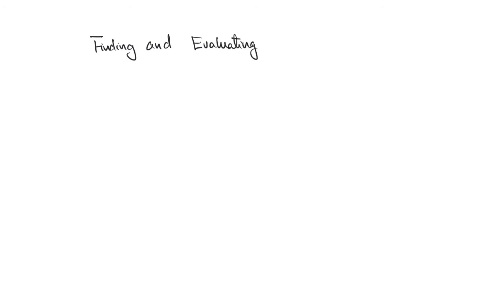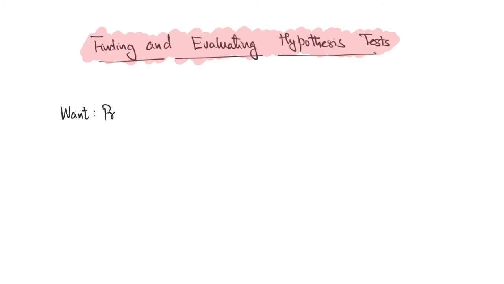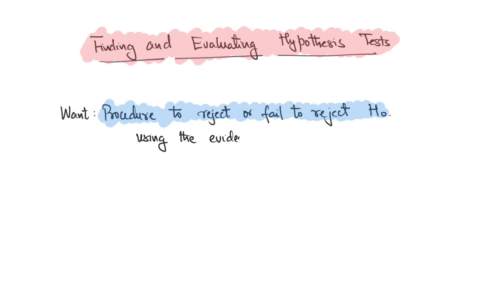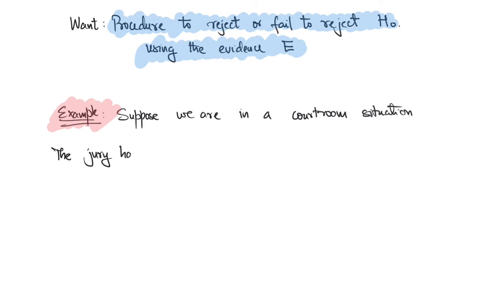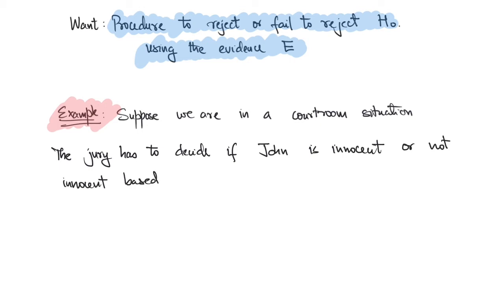We next focus on finding and evaluating hypothesis tests. The goal is to look for a procedure to reject or fail to reject the null hypothesis using the evidence E. We begin with a motivating example of a courtroom situation where we have John who is facing prosecution, and the jury has to decide if John is innocent or not innocent based on the evidence that is presented. We denote the evidence by E equals x1, x2 up to xn,